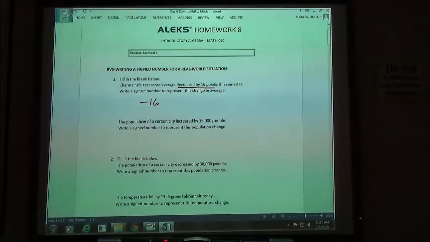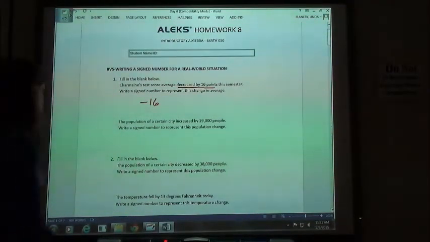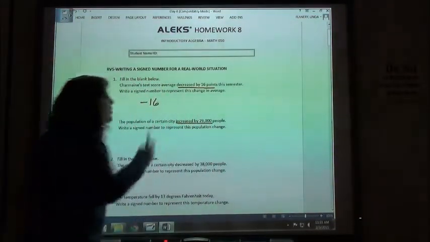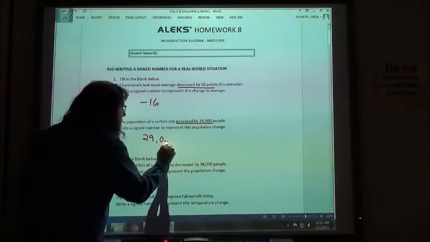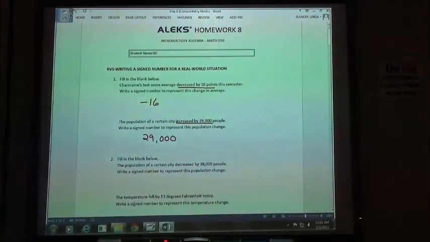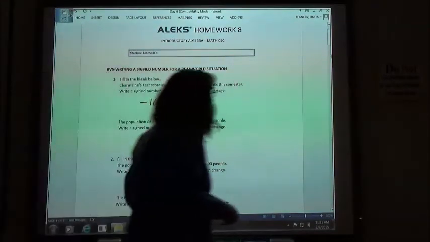The population of a certain city increases by 29,000 people. So if it increases, we don't need the positive sign in front of it. We're just going to put the 29,000 down. So positive 29,000 because it increased. So if I move the board here,